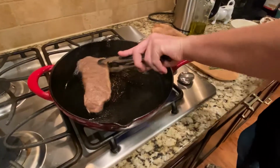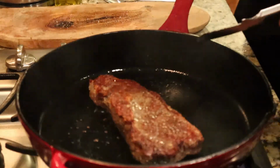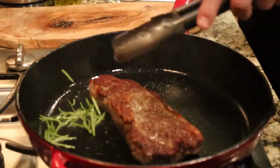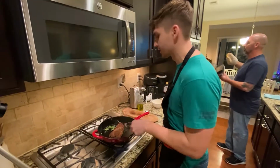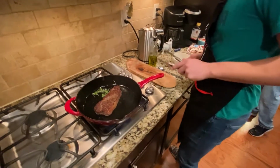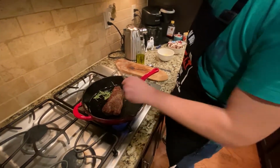All right, so now we're gonna flip this steak over. Very nice. Now what we're gonna do is we're gonna go ahead and throw this rosemary in the pan. We're gonna throw it inside the oil. We're gonna let this get just a little bit of a sear on it before we throw our butter in and start basting. Oh man, that feels fantastic. Give it, you know, solid 30-40 seconds just to get the nice crust on the bottom,